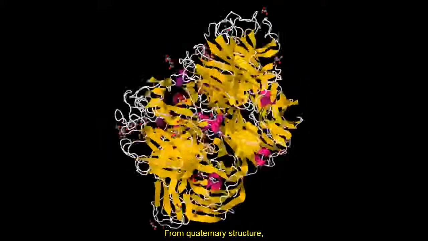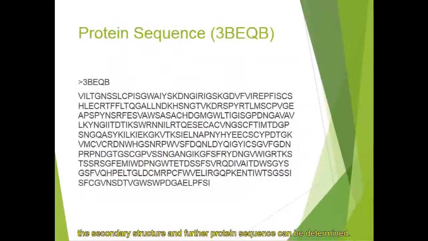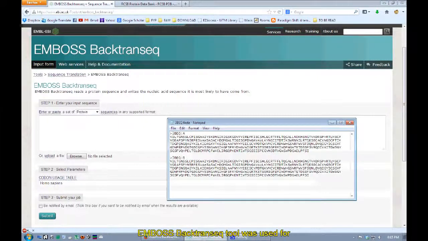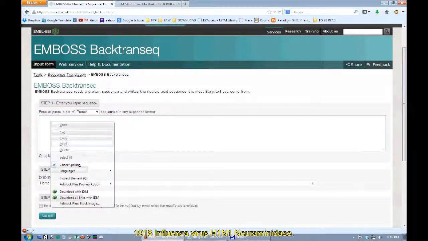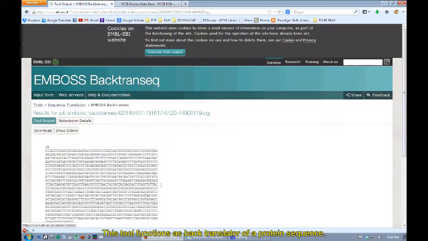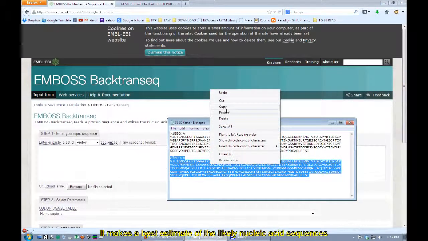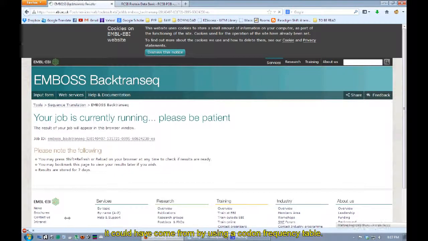From the quaternary structure, the secondary structure and further the protein sequence can be determined. The EMBOSS Backtranseq tool was used for further determination of nucleotide sequences of the 1918 influenza virus H1N1 neuraminidase. This tool functions as a back translator of a protein sequence. It makes a best estimate of the likely nucleic acid sequence it could have come from, by using a codon